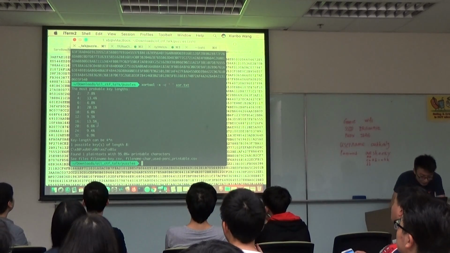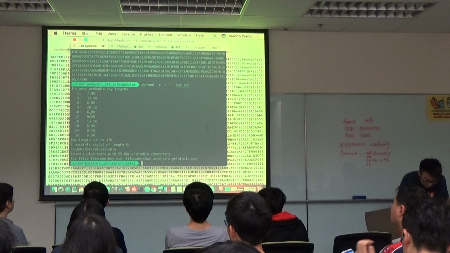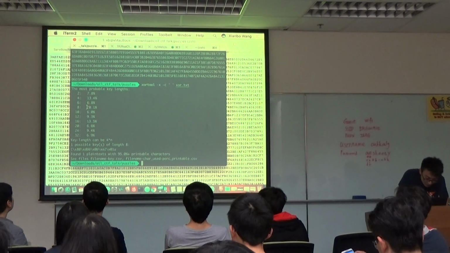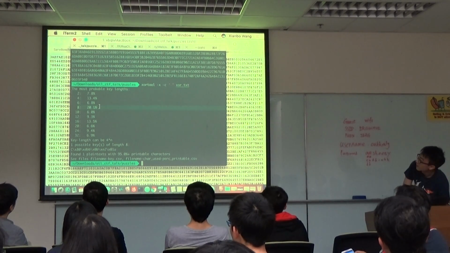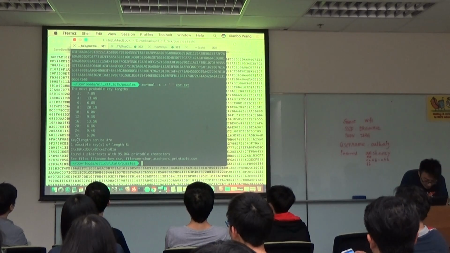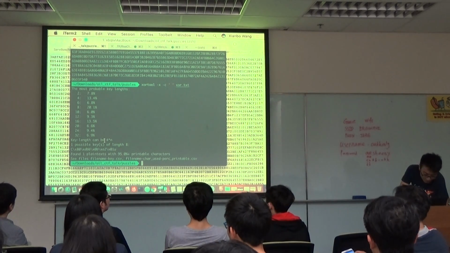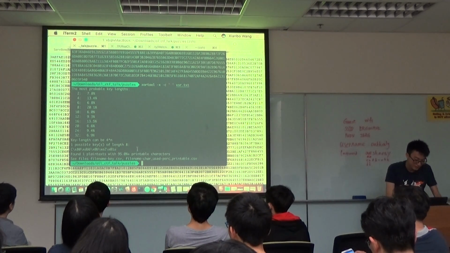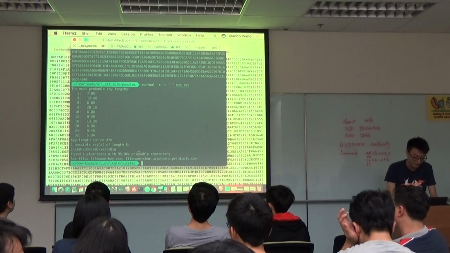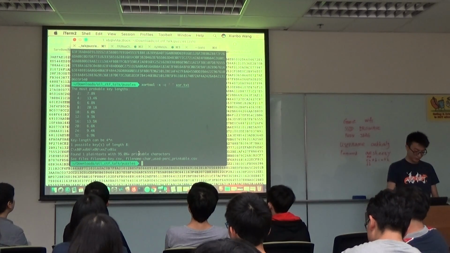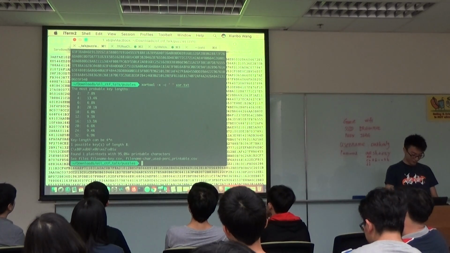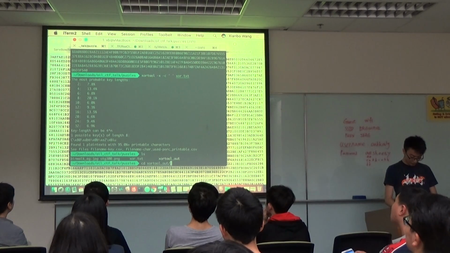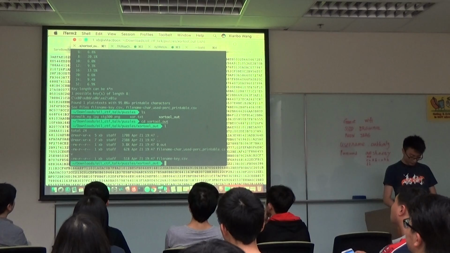Okay. After we run the program, we find that the most probable key length here is 8. And also we find that every key length which is a multiple of 4 has higher probability. So why not just guess the key length is 8 and try to decrypt it to see if we can read it. Actually, the program has already generated the decrypted file. Let's look at the result. Okay. This zeroed out